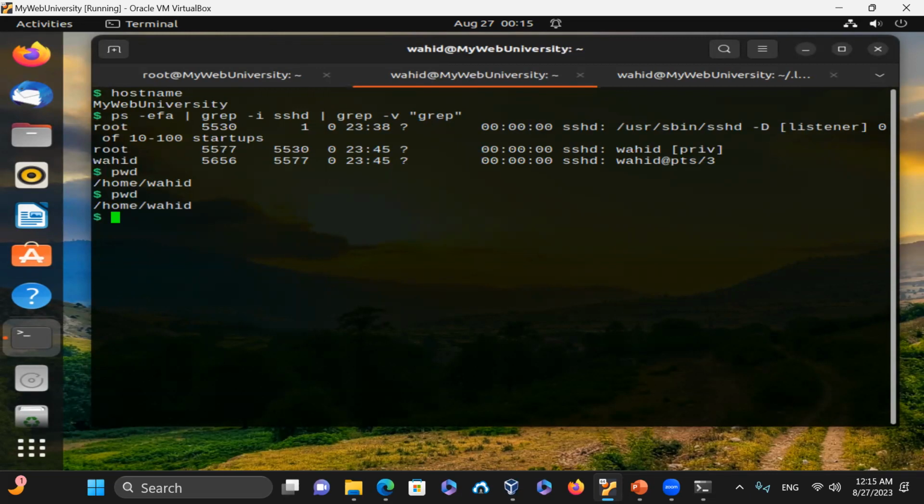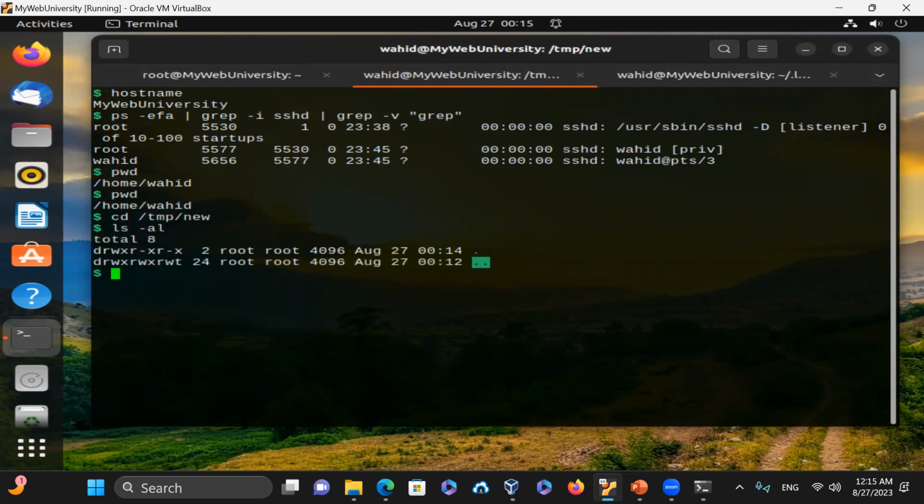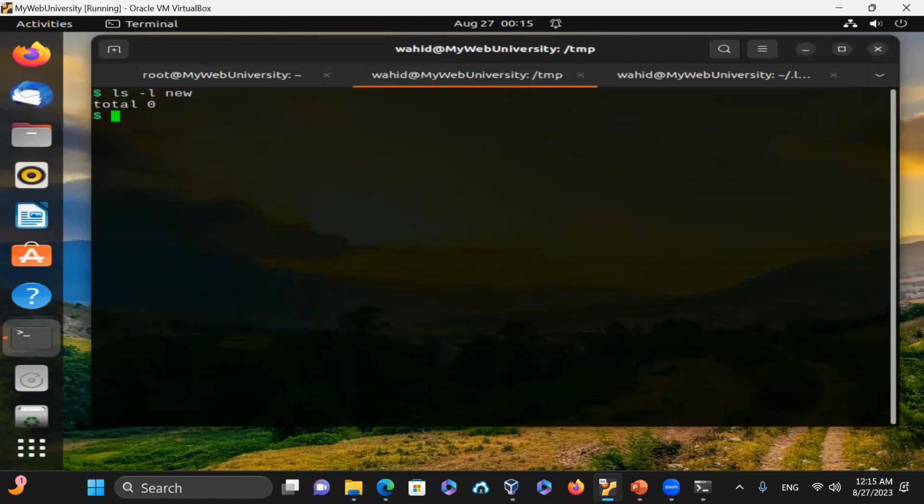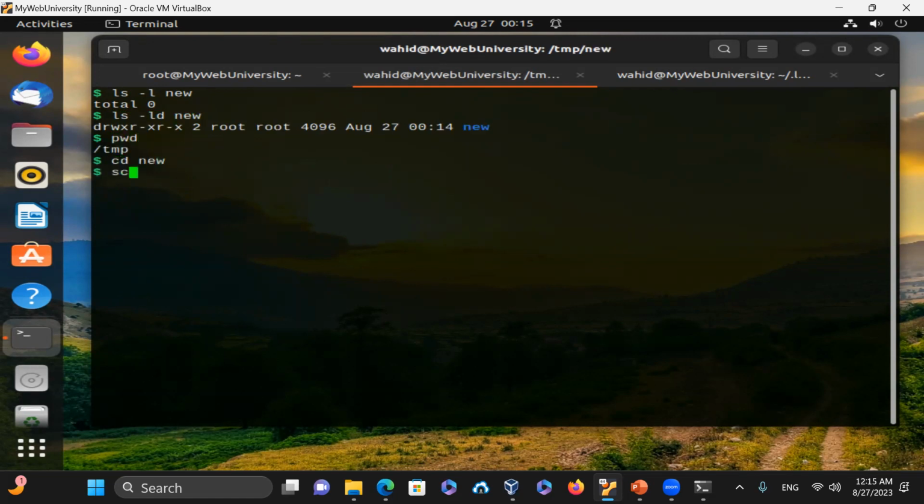I'm just going to go to /tmp/new here, and since I made that new directory as root, if I do a copy on this one, this one is root. As this user, let's say I go to new and I say scp Wahid at MyWebUniversity.com